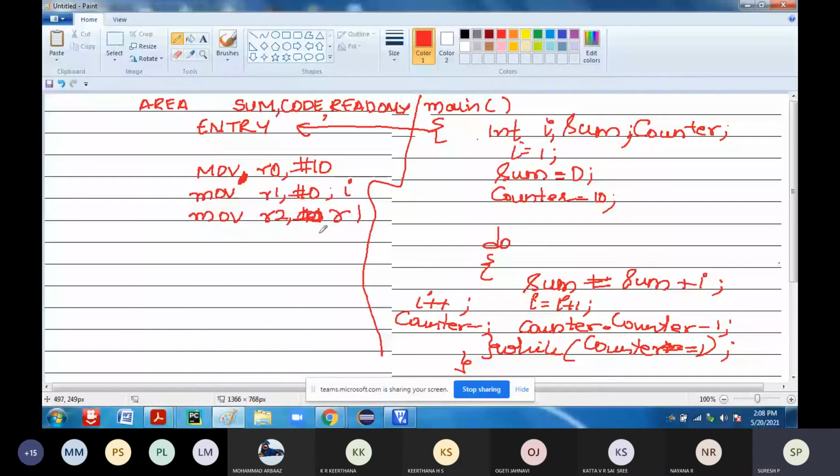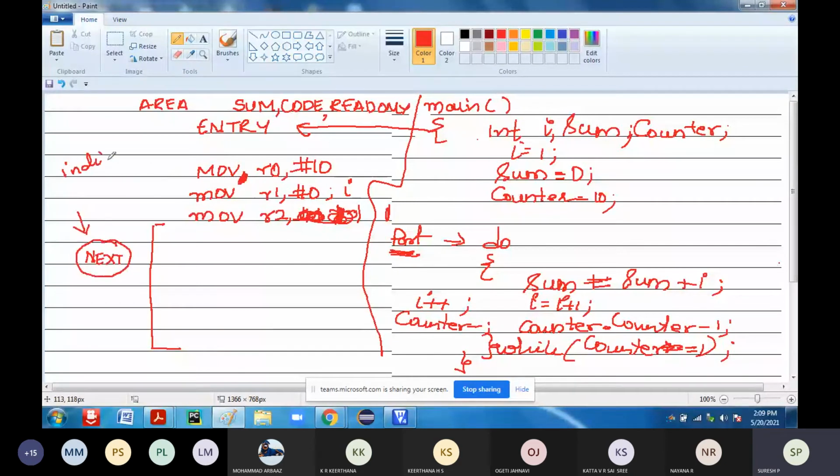Here it is i itself, right? So sum is equal to i, that I am going to make. Initially it will be 1 only, because since it is 0, I will make that one as 1. You give the immediate value as 1 itself here. Next, your loop starts now. Your do loop starts here. So do is nothing but the part where your loop is starting. I want to keep track of that particular memory, so I will give that a label as next here. So this next indicates what?